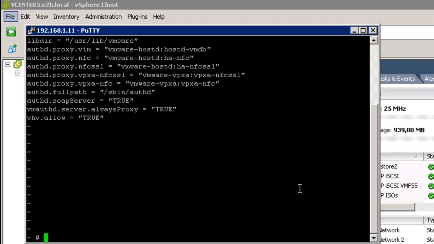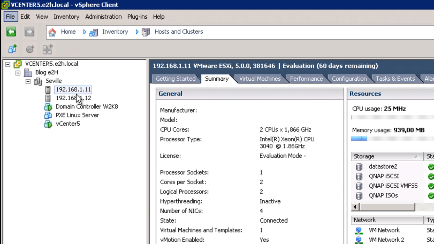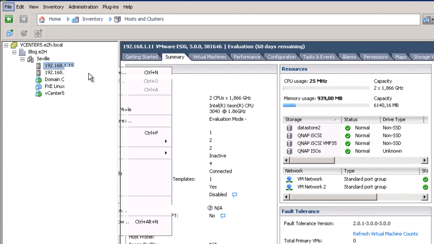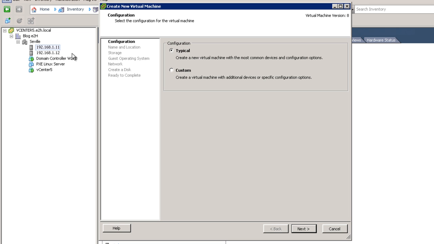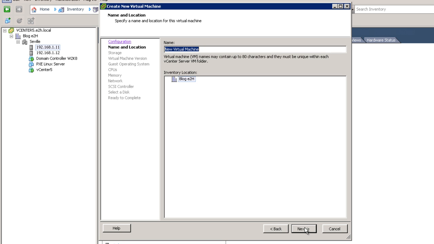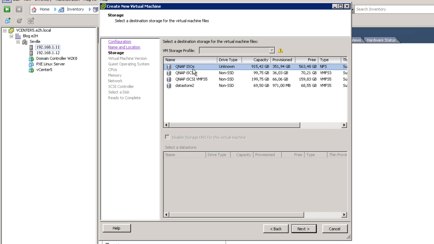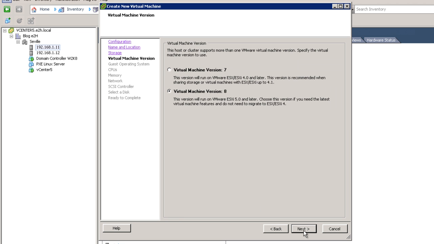Now we create the new virtual machine. Select your host and new virtual machine. Select custom. Next, your virtual machine name. Next, your data store. Next, virtual machine version 8. Next,